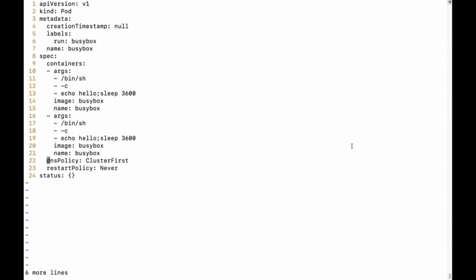This is not required. This is not required. We just remove the ones which are not required, and just call it busybox1 container and busybox2 container. The image name remains the same and the same command we have to run. So we have a pod with two containers. So let's use our alias KCF, which stands for create dash f, KCF dot YAML,